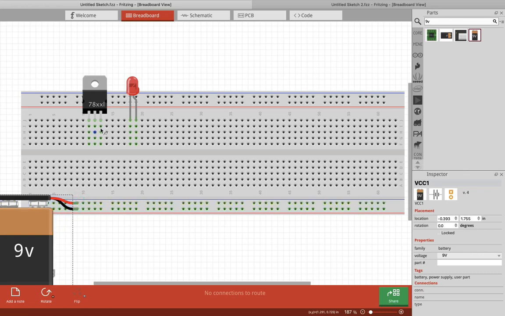Now the first pin of the 7805 is input. So you connect the battery to this input, and the second pin, which is ground, you connect to this ground pin.